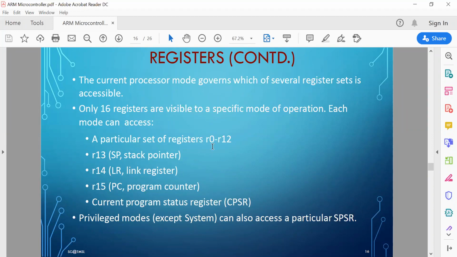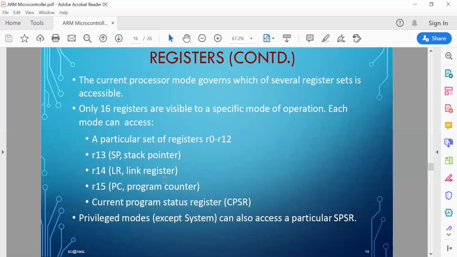There is no stack, but R13 is earmarked as the stack pointer. If you want to implement a stack yourself by software method, you can use R13 for that purpose. And R14 is a link register for subroutine call instructions.